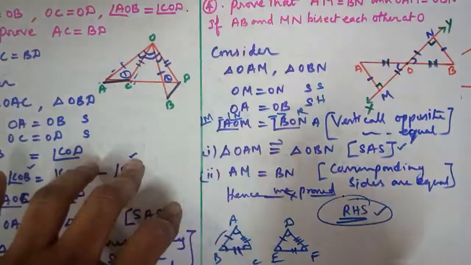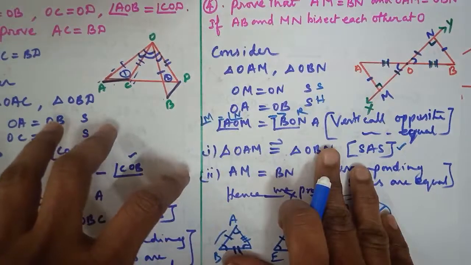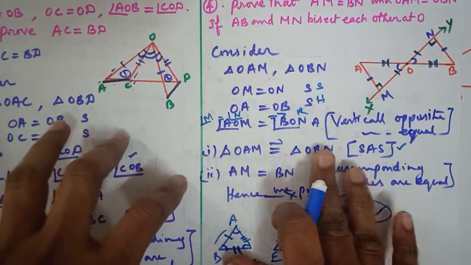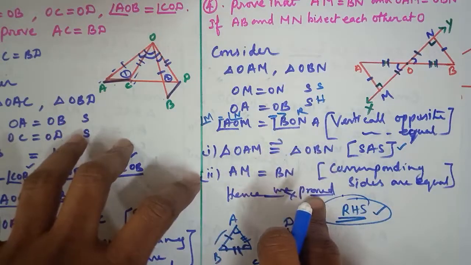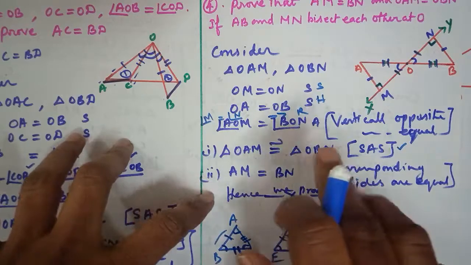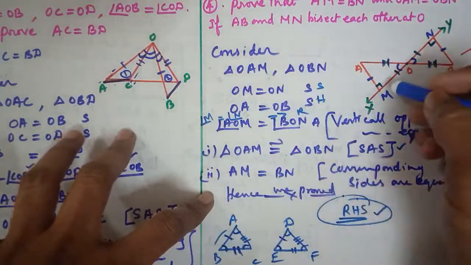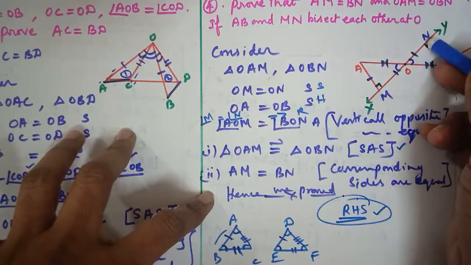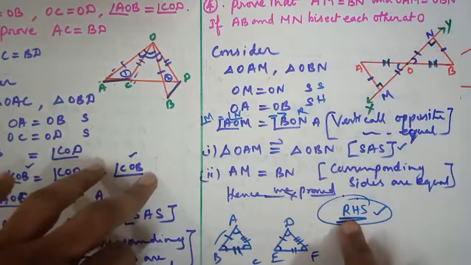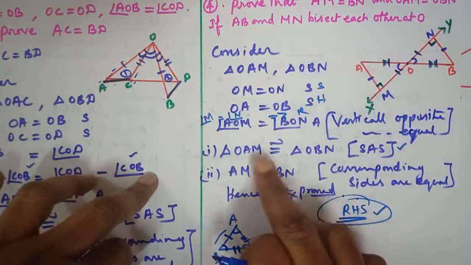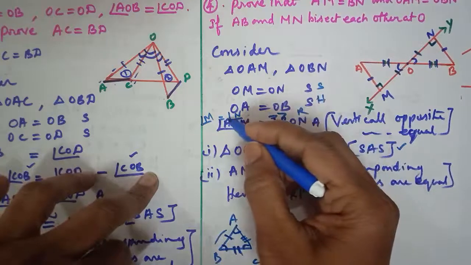Good. Hi students, in this video we will see question number 5 to question number 8 in self practice 11C. Before seeing that, students listen. The last fourth question, we have already done that question. We have to do it by another method. Because a right angle is given, we can use the RHS rule also. So by using the RHS rule, we can say triangle OAM is congruent to triangle OBN. Only this step will be changed.